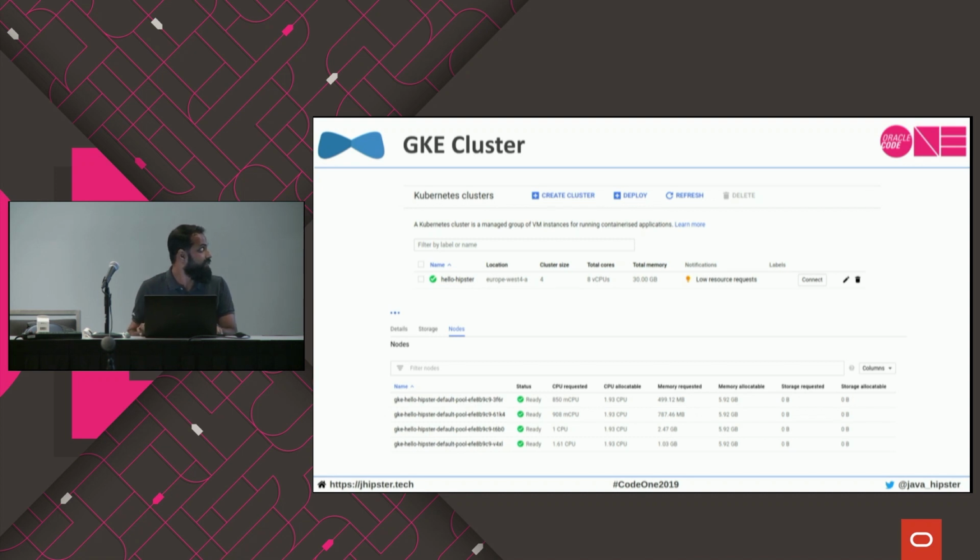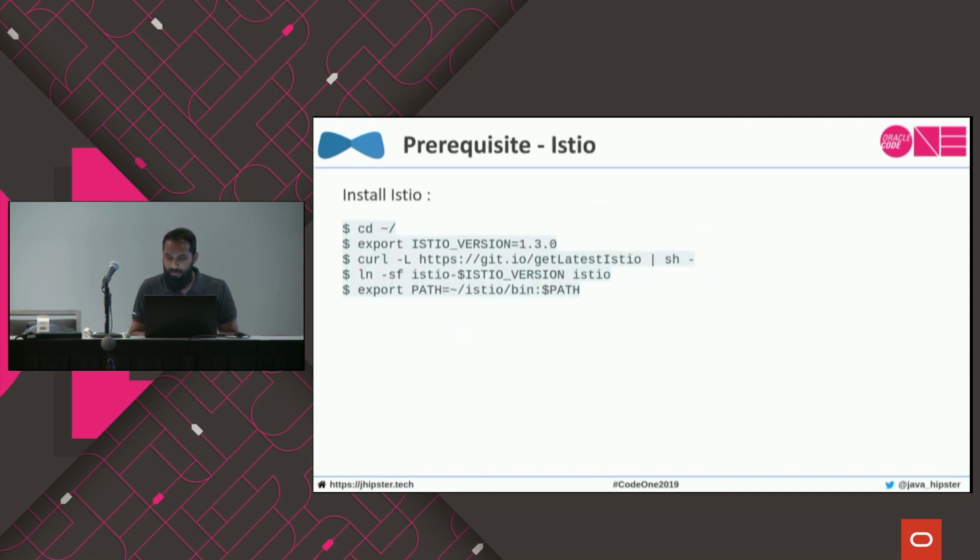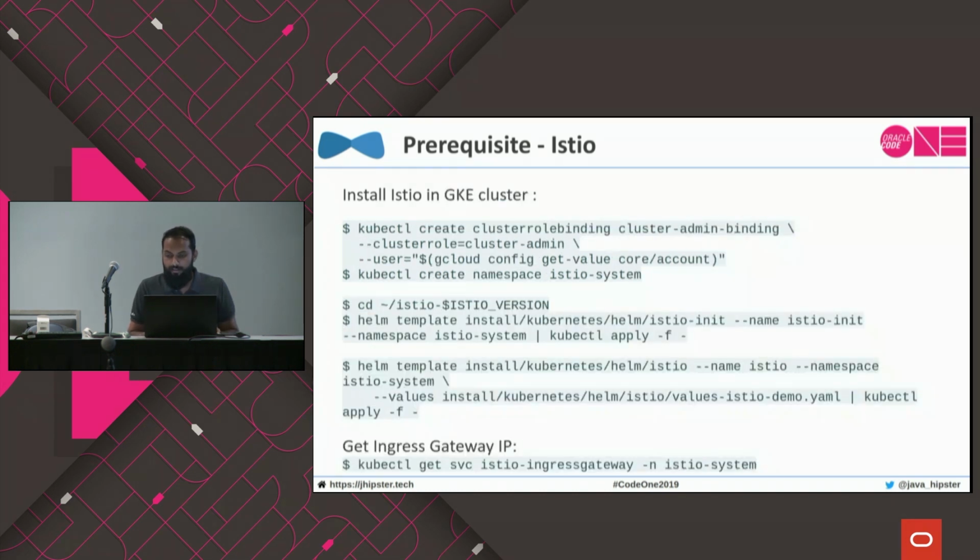Yeah, so I already have my cluster. So the next thing is installing Istio on your local machine. I have also done that already. You can do it if you like. And next, we need to make sure our cluster can work with Istio, because Istio is not part of Kubernetes. It's an add-on. So the first thing is you need to install Istio onto your Kubernetes cluster so that